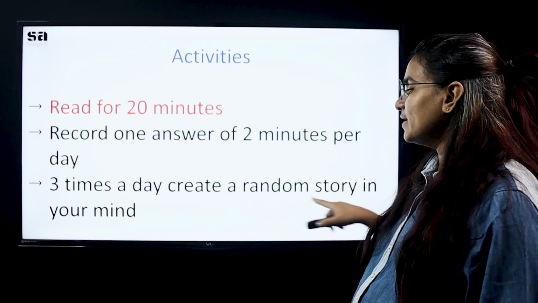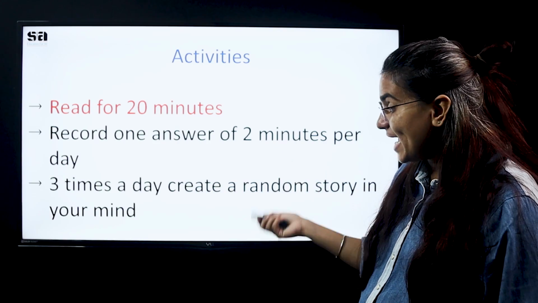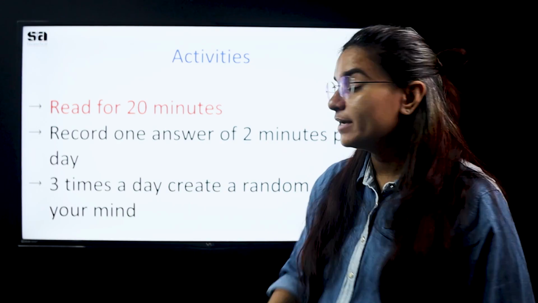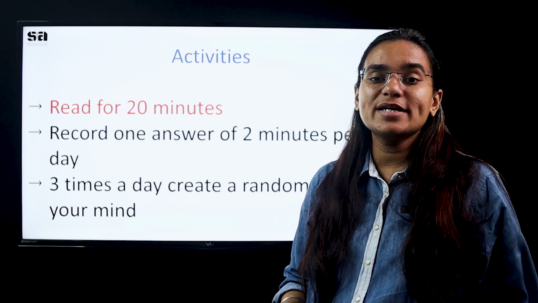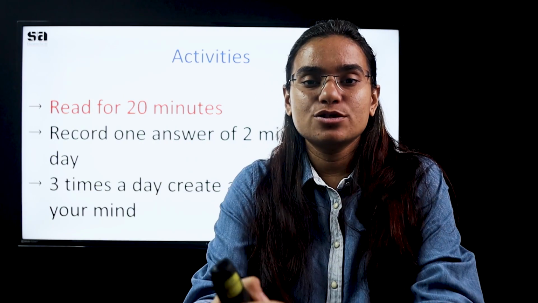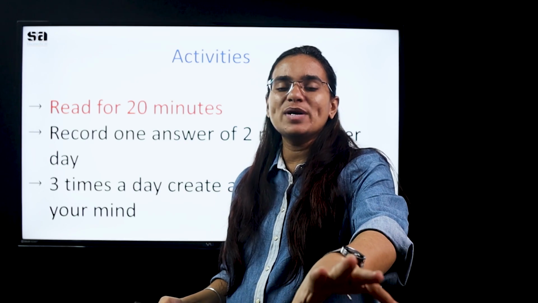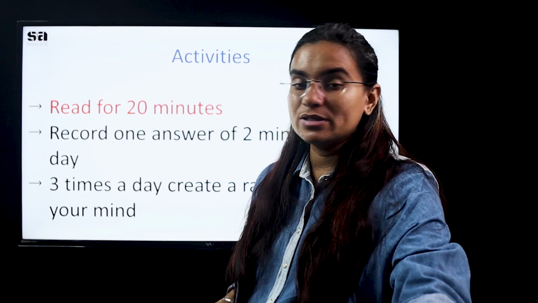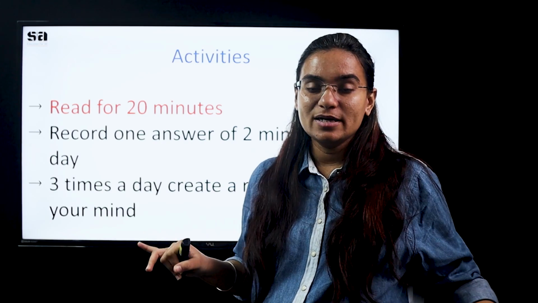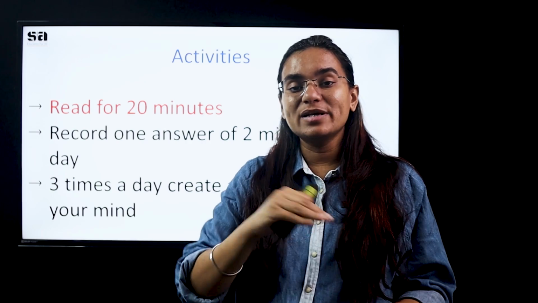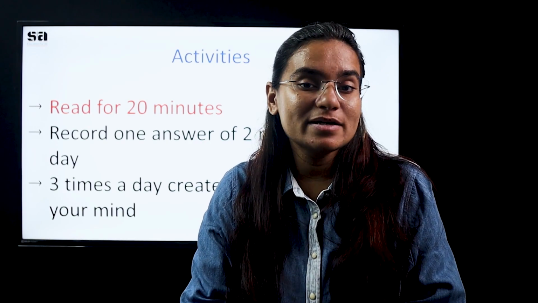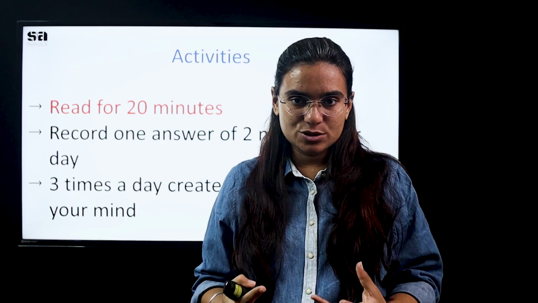3 times a day, create a random story in your mind. This is really important. Any student at any level can do it. Basic, intermediate and advanced, all of you can do it. You have to create a story. How to create a story? You're walking on the road, you see 2 people talking, create a story. You're cooking in your kitchen, you see 2 vegetables on the floor, create a story with those vegetables. They should be random stories. Not about your life, but about things that you see. The more you engage your brain in creating these stories, the better you will feel after a couple of days. The comfort level will increase and you will become more creative when it comes to answering in English.